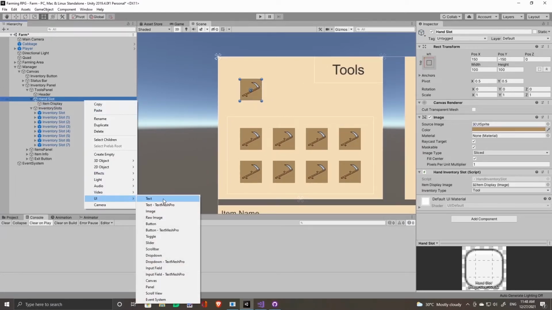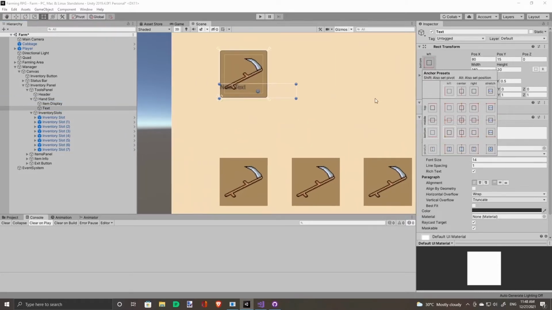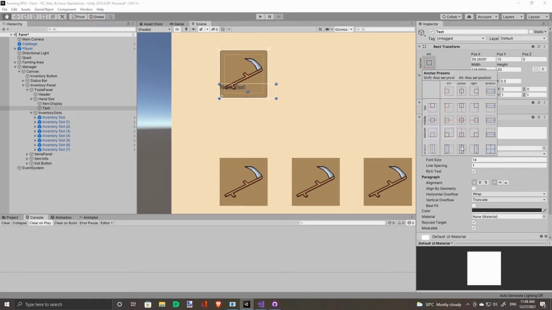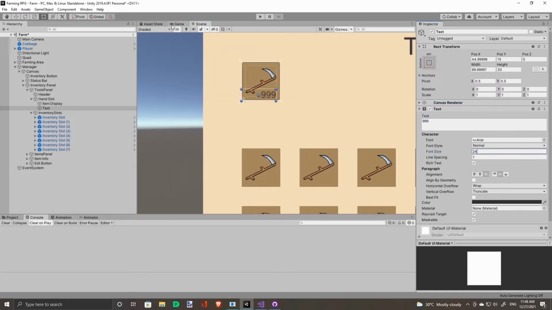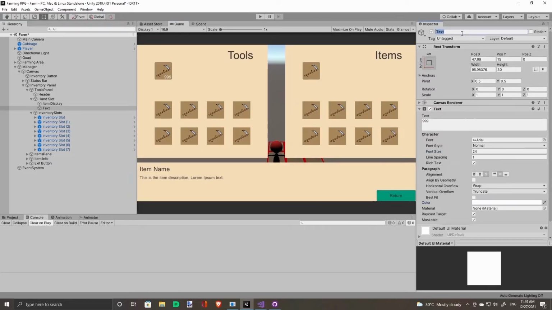So we'll create a new text panel, anchor it to the bottom left, shrink it up. So let's anchor to the bottom left. Quantity text.